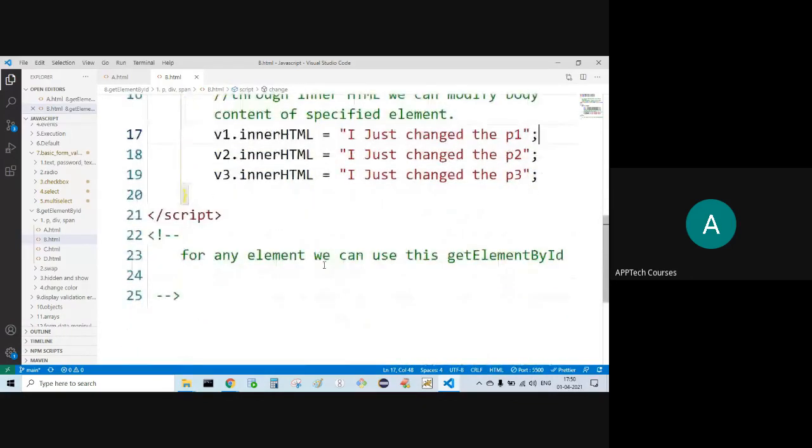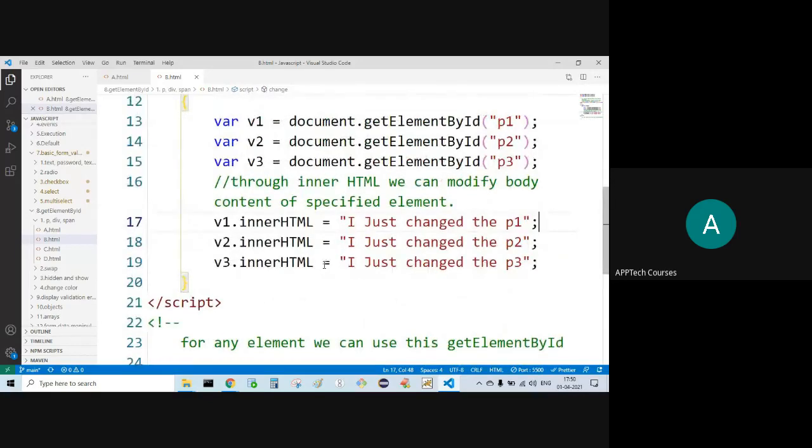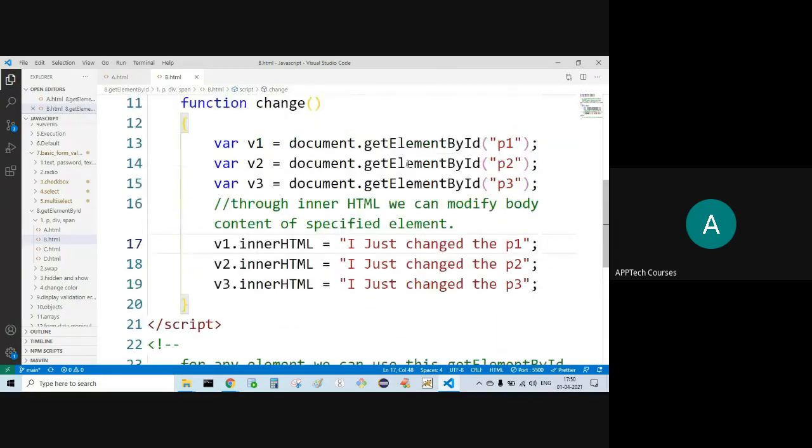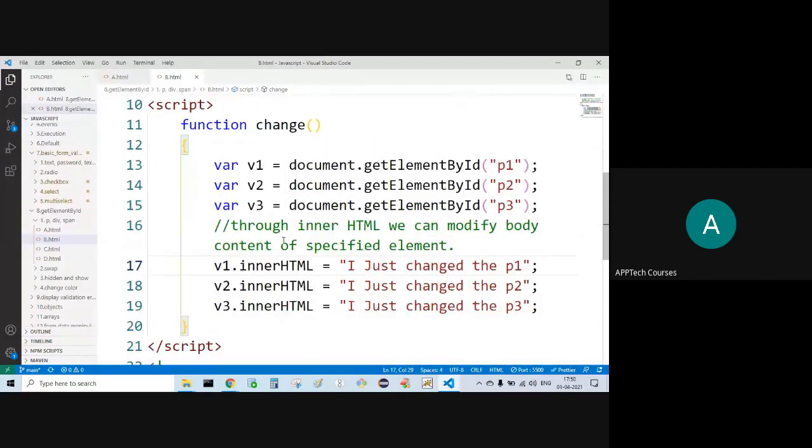See, getElementById, we can use it for any element. It is not specific to one element. We can use this getElementById for any element. Now what I'm trying to do here is change the innerHTML, the content of that element.